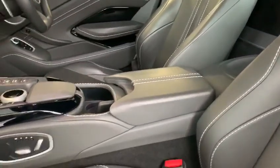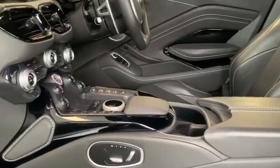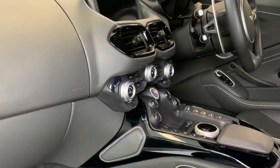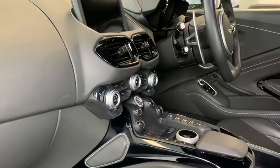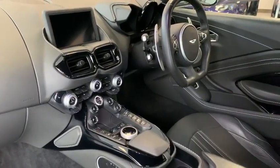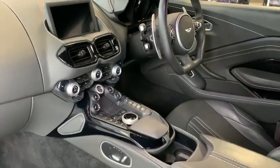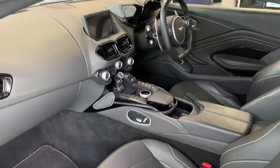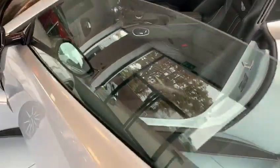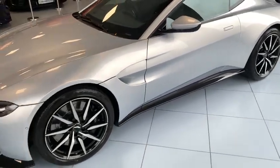These earlier Vantages, this has also had the centre armrest closed stowage done, glass switches with a gloss black vent surrounds and the satin silver dials, rotaries for your air conditioning. This car was also specified with cruise control and speed limiter and electric steering column, heated seats and memory seats. This car also benefits from all the new standard features that the Aston range has since undertaken from DB11 with the 360 surround cameras,